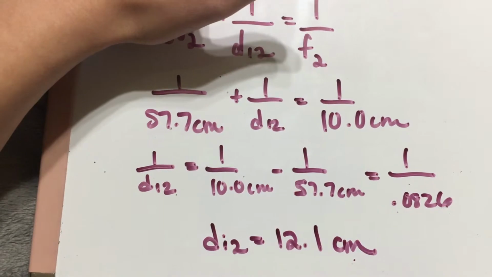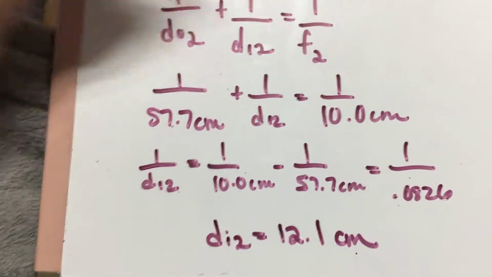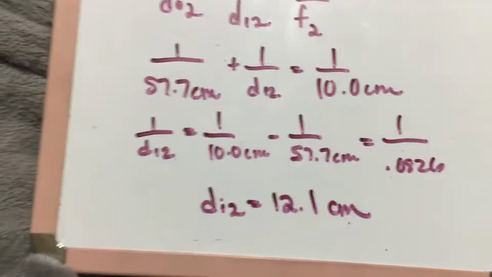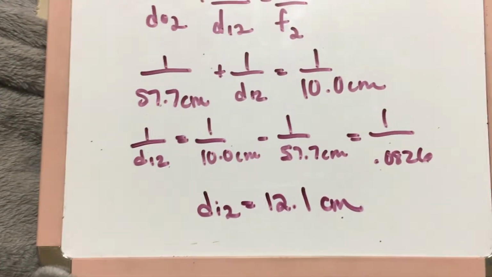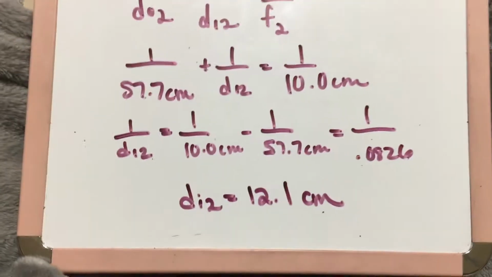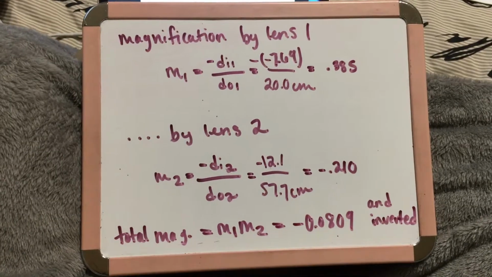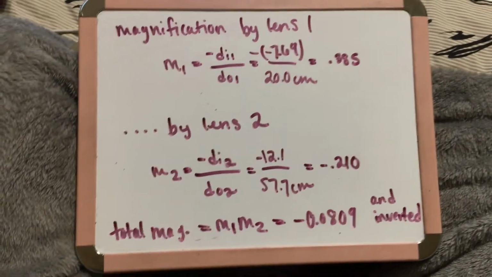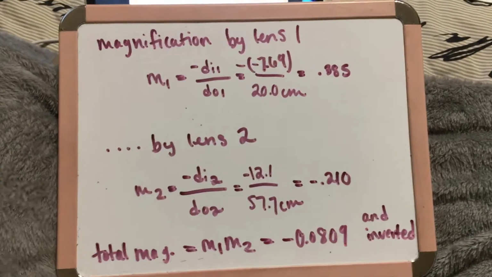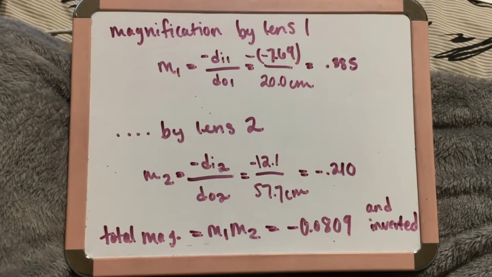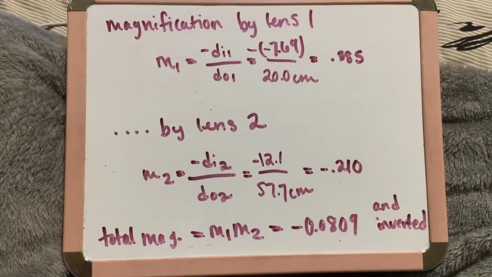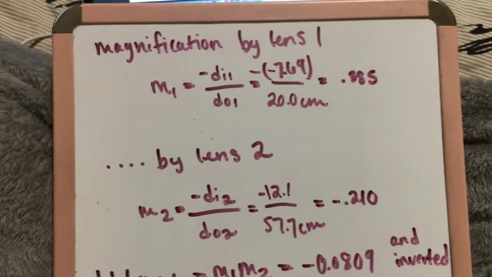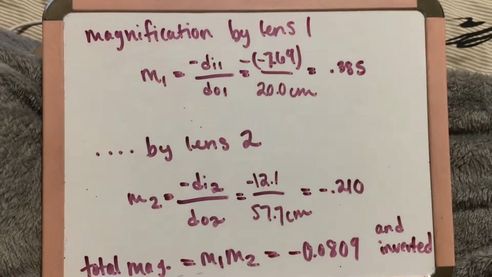So if the positions of the two lenses are reversed, it's kind of like the different result you would get when you look through the wrong end of a pair of binoculars. And you can see that from the total magnification of this problem. And by finding that, you first go by lens 1, and you're going to do image distance divided by object distance. So here you will have the negative 7.69 divided by 20, and that will give you